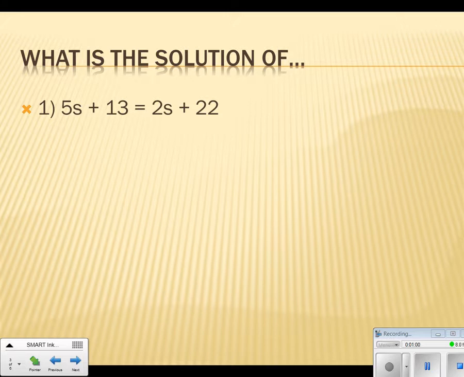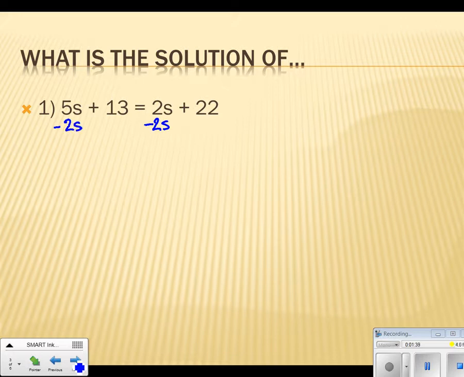5s plus 13 is the same as 2s plus 22. So I don't have to worry about the distribution property or getting rid of any decimals or fractions. I don't have parentheses, no decimals, no fractions. So now I look at combining like terms on both sides of the equal sign, and I don't have any like terms to combine. So then I'm going to use properties of equality to get the variable to one side of the equal sign. So I am going to subtract 2s from both sides,